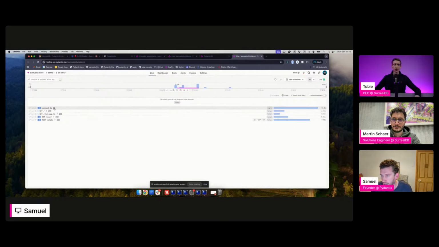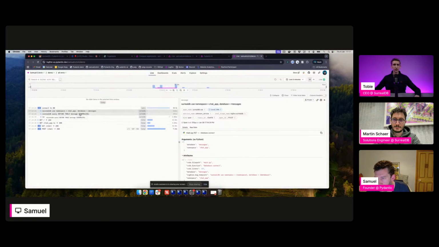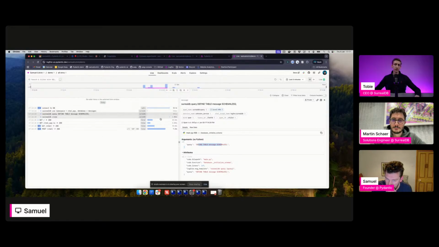So here are the traces that we got from running that. I showed you that manual span earlier, and we have the SQL. So this was the line where we inserted a manual span, but then we have these spans coming from SurrealDB. SurrealDB's instrumentation is all completely automated, so we can see what queries are being run. We can see the query that was executed and the time it took. You can see we're in the microseconds here because we're within a process.